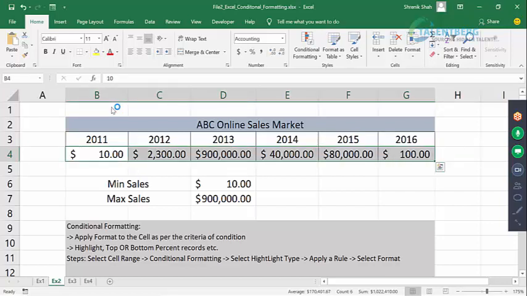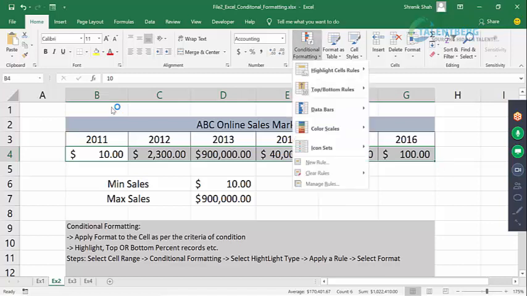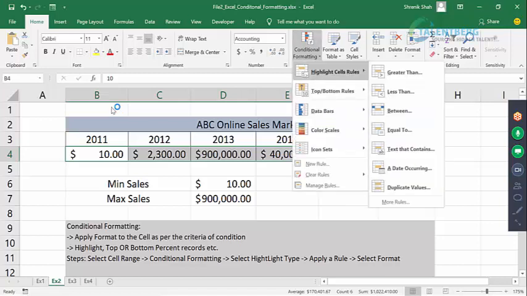So that's why I select all the cells, conditional formatting, highlight the cell rules, and I'm going to select the option equal to. I wait for you. You first calculate the minimum cell and the maximum cell, and after that you select the cells